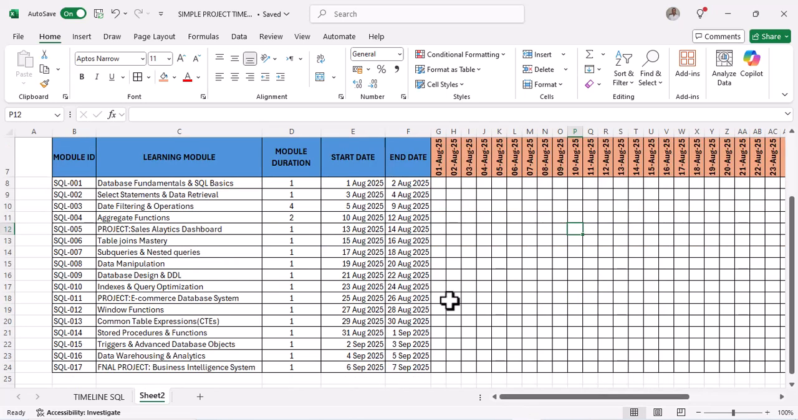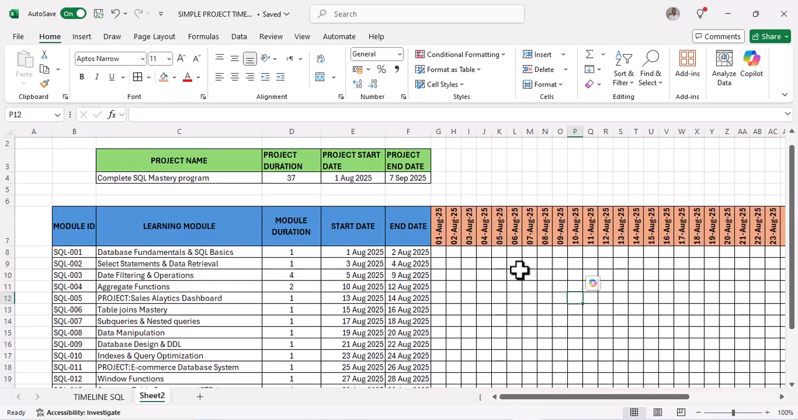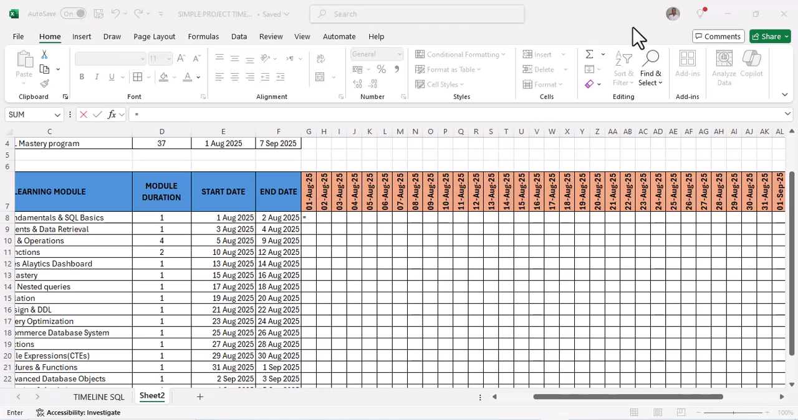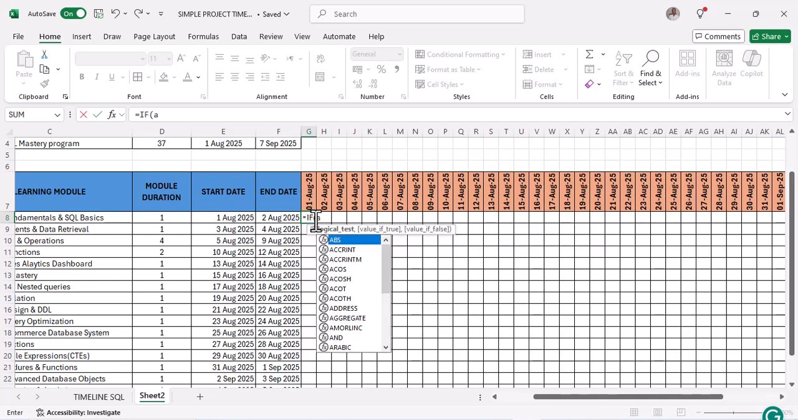So now that we have our timeline dates, it's time for us to work with the time. Here we are going to use a different formula, which is to combine IF and AND. So you'll start with IF. What we are trying to do is say IF AND. So we want to know that if our first date